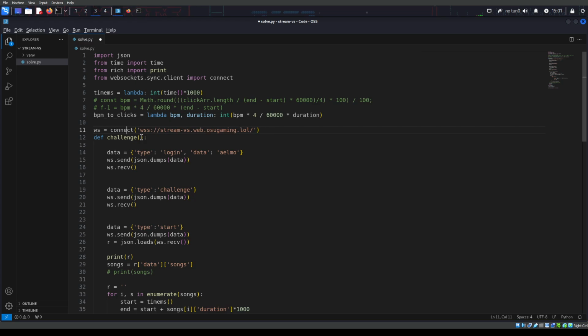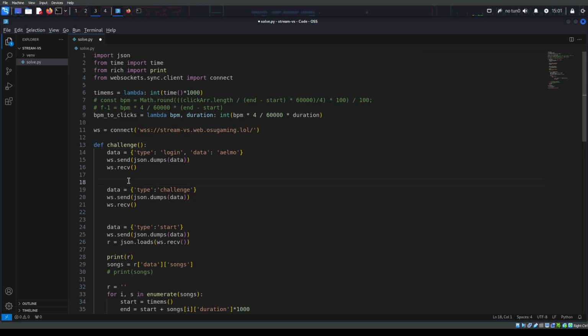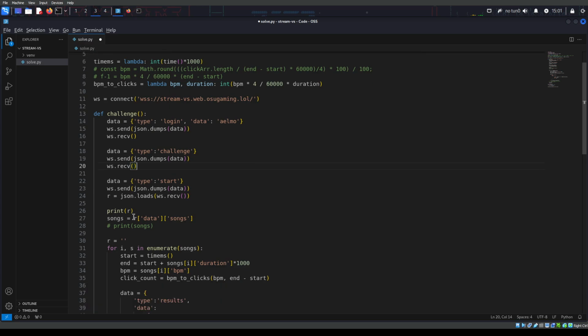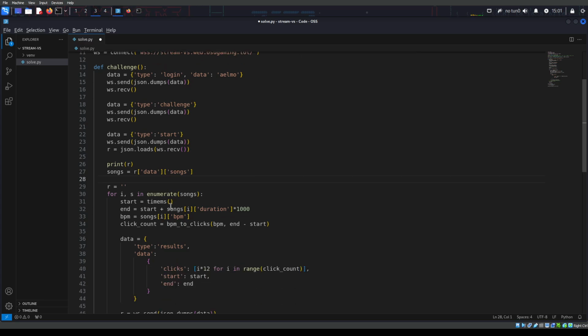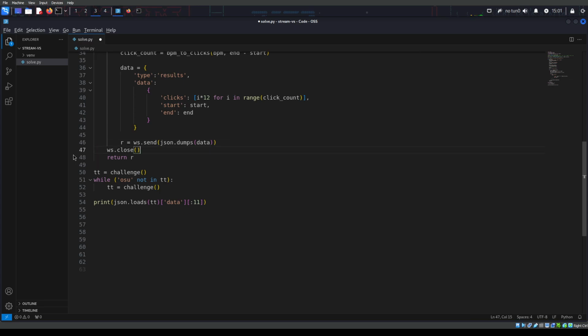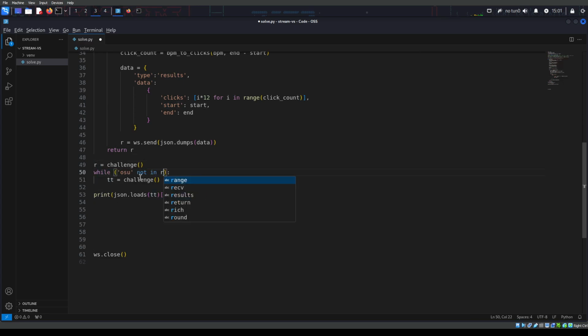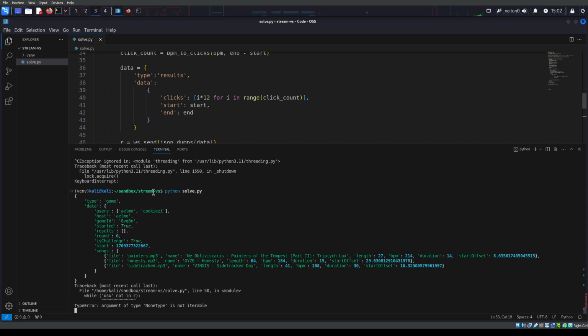We can keep this up here, no problem. It's just one connection that we can use for all of these. And at least some of the prints did include the receive. So ws.receive, we need that here as well. So yeah, now we're good. And we can keep this all the way at the end. And we can reuse the R variable, no problem, because it's a different scope. So now if we send this, while also is not in R,